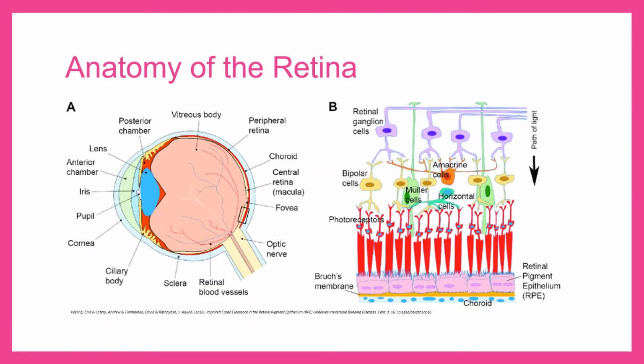Here is perhaps a more helpful illustration of the retinal anatomy and also the context in the eye in which the retina resides. If you look at picture A, the light first enters through the cornea and then the anterior chamber. The iris controls the size of the pupil and therefore the amount of light that comes through. The light will then pass through the lens, which can refract the light and also